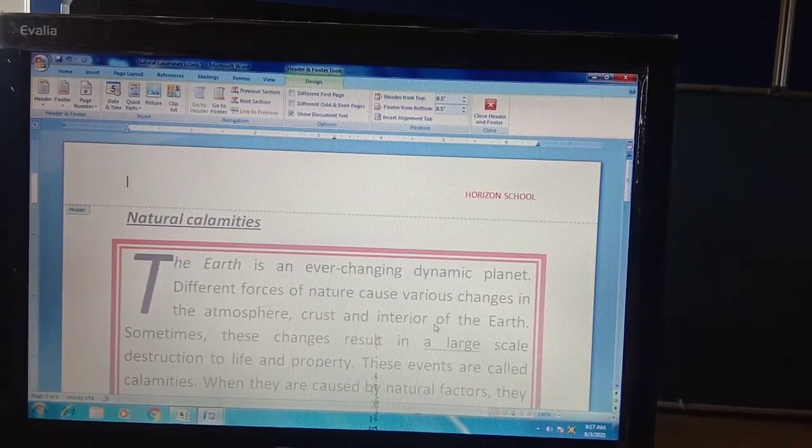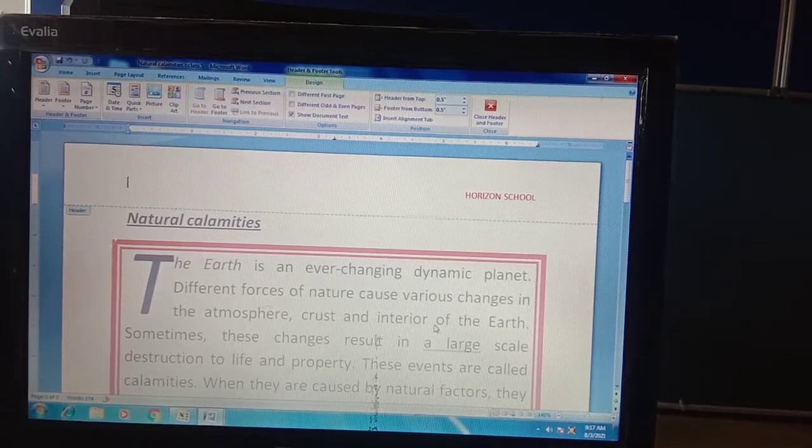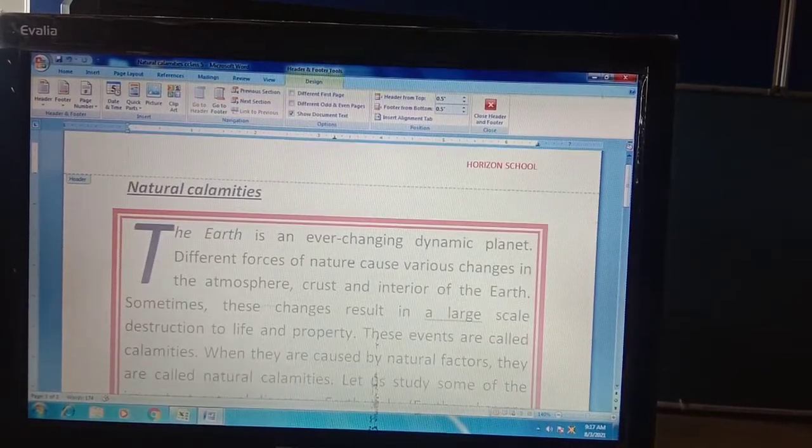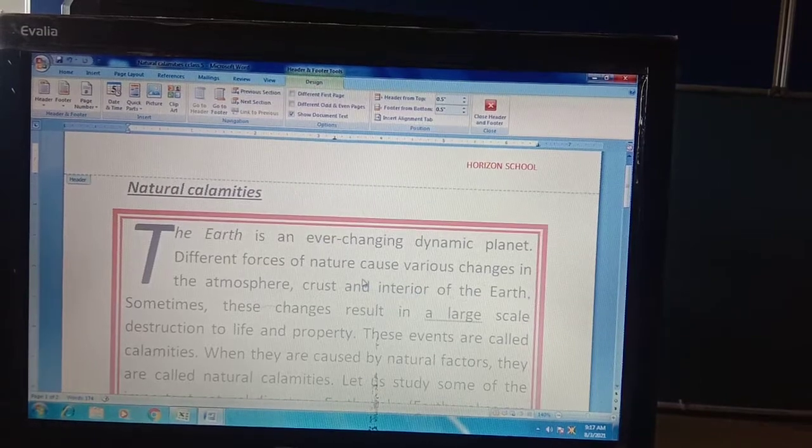Horizon School will display at your top. At the top, Horizon School will display. Clear to everyone? Here you can add your information. Just like in your book, are you able to see the KIPS publication, the name of the book, and hyperlink is written, and the page number is also written at the end.